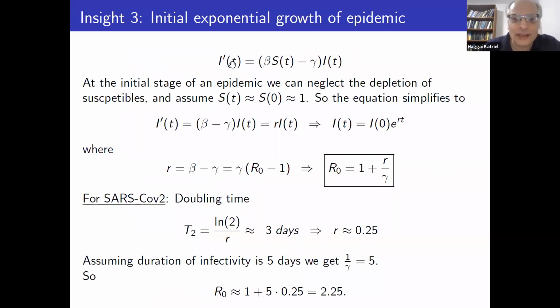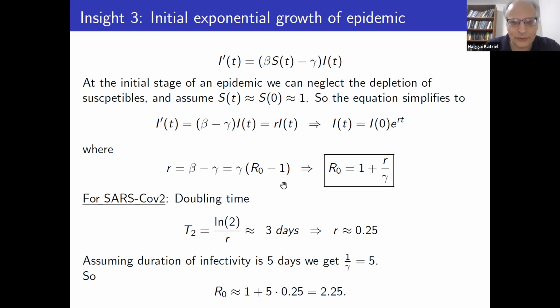And again, from the equation, at the start you can treat the number of susceptibles as constant, because the depletion of susceptibles is not significant at the start. So you just replace this by 1, the fraction of susceptibles if everyone is susceptible, and you have this. So you see that beta minus gamma is the exponential growth rate,